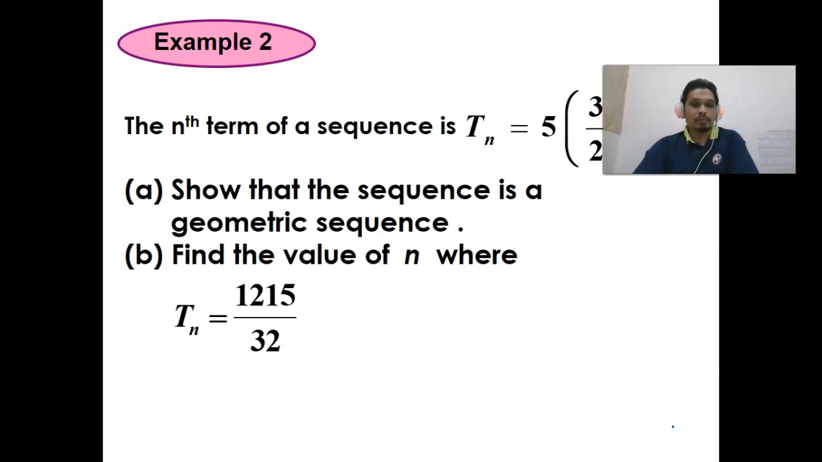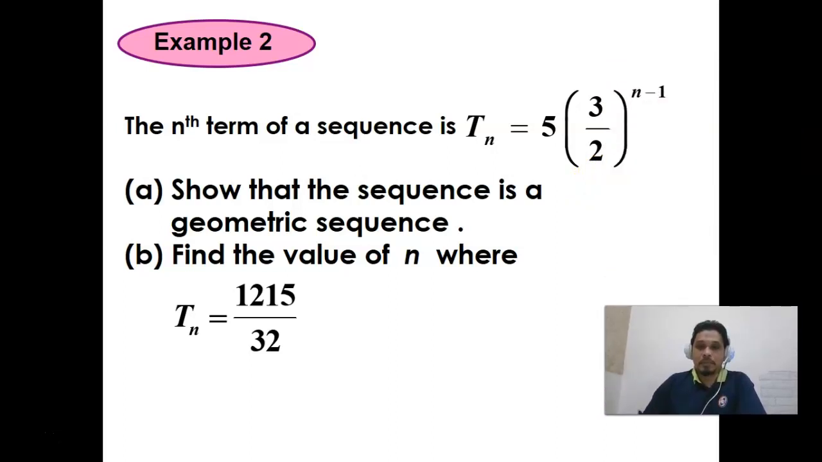Okay, the nth term of the sequence is Tn equal to 5 times (3/2) to the power of n minus 1, where r equals 3/2. Show the sequence is a geometric sequence. Find the value of n where Tn equals that one. Okay, so for this one here now,